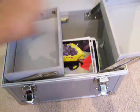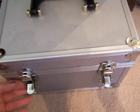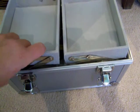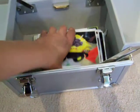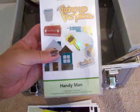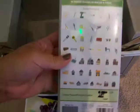And this is an old makeup box that I have had for a lot of years, and I haven't used it. I used to put my nail polish collection in here, but I have now washed it down, and I'm going to turn it into a toolbox mini album holder for his room. I may spray paint it with some metal paint, and I picked up this Cricut cartridge on clearance, and it's the Handyman one, and it's going to be a dual purpose type